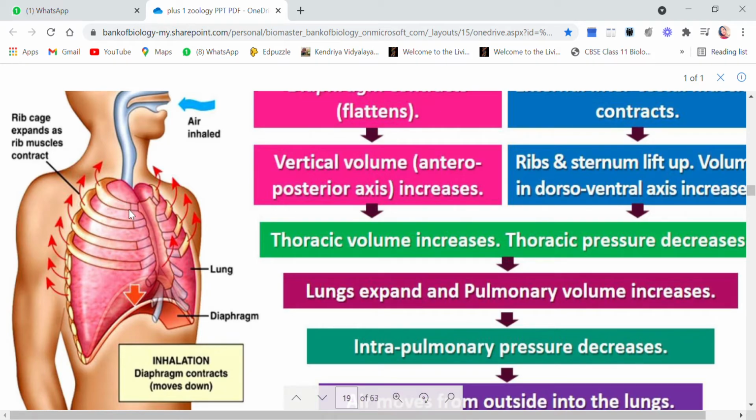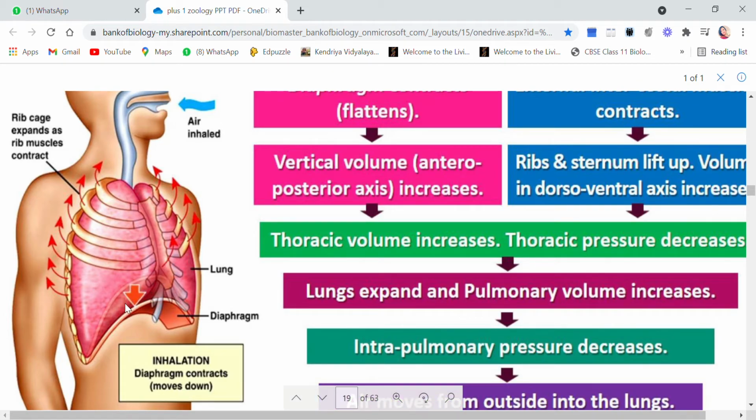Now, because the volume has increased, but the amount of air inside it is not changing. It has not changed yet. So, because there is more space, but the number of particles is the same, what will we say? That pressure has decreased. Now, as the pressure decreases, the lungs expand and the pulmonary volume also increases, because lungs